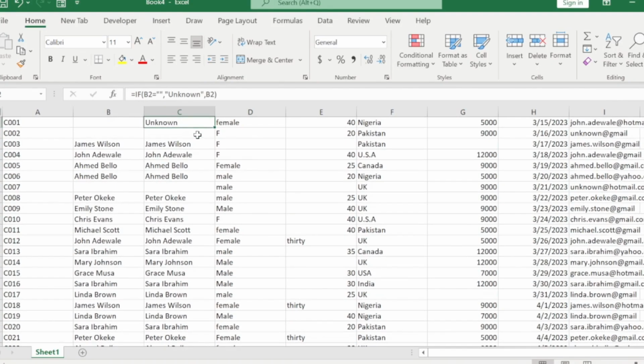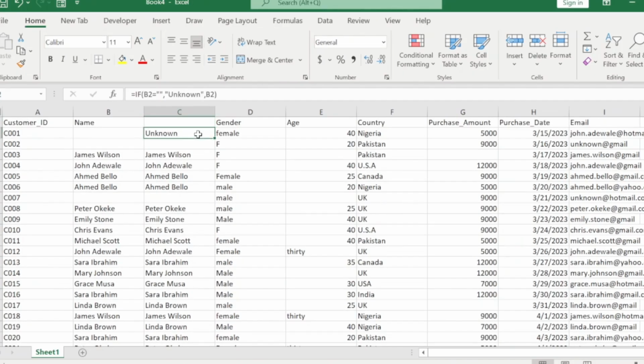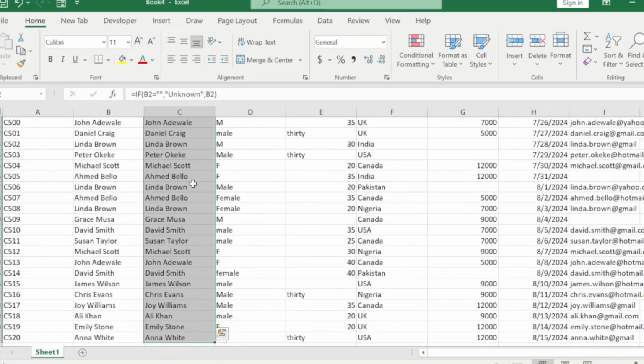We still have some missing value at the bottom. So just hit this plus. When the cursor is on the plus icon like this, you just hit it, and it will automatically fill. So we'll do the same thing. You copy, hold your shift, control, down, then you copy,